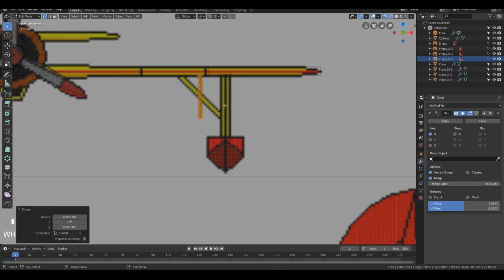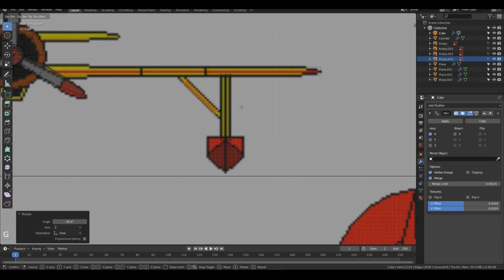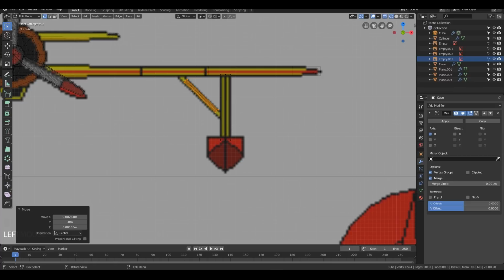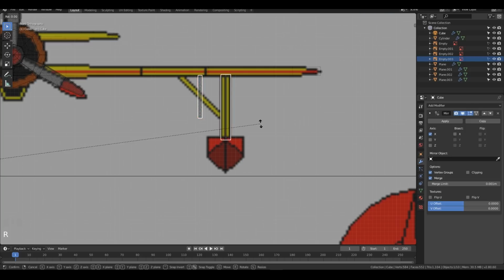Okay, and can rotate this. Now, there might be one problem with it, when you want to adjust the length. If it was an object which was rotated like this,